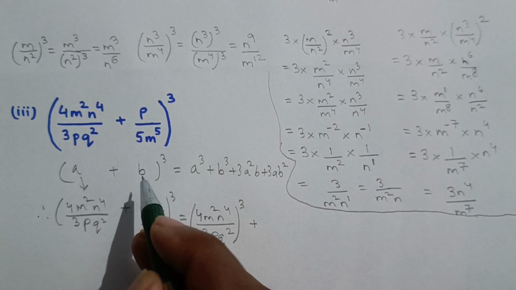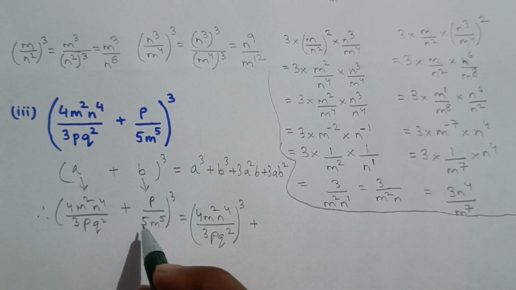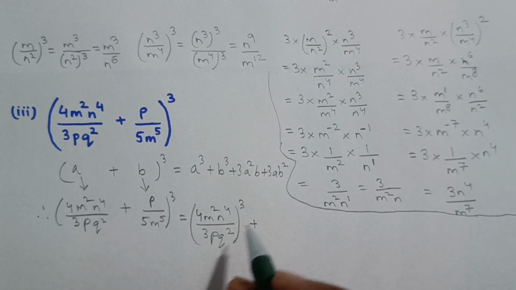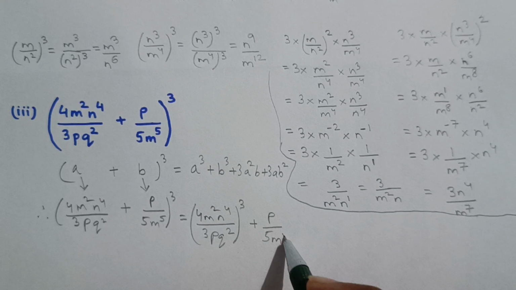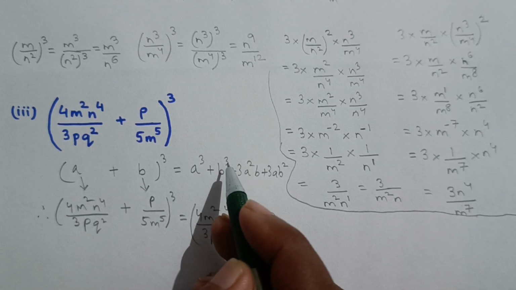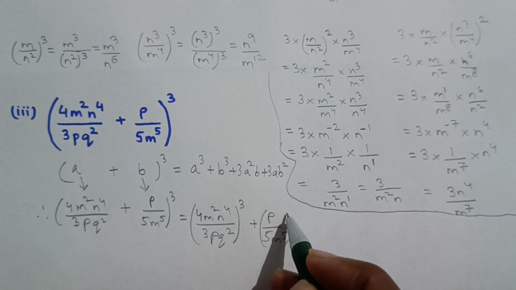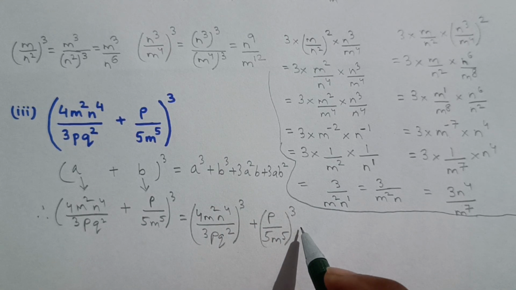Now b corresponds to this expression. So instead of b, I will write p upon 5m to the power 5. Now b is getting cubed, so this expression will also get cubed. Now plus